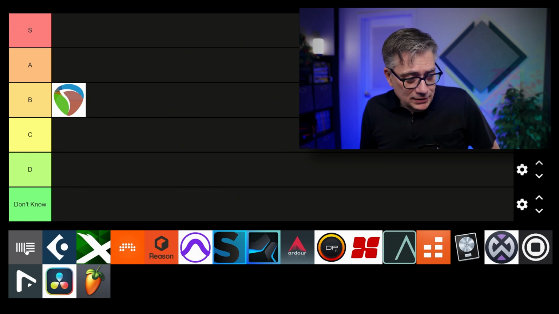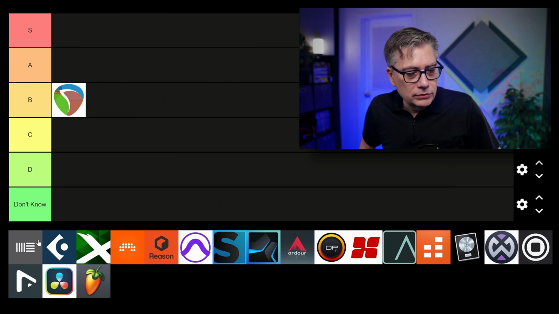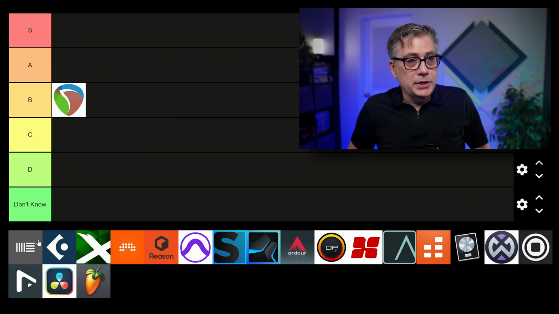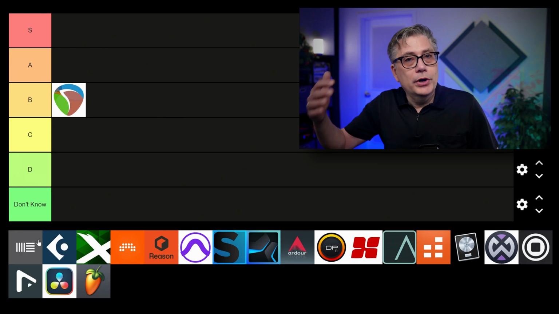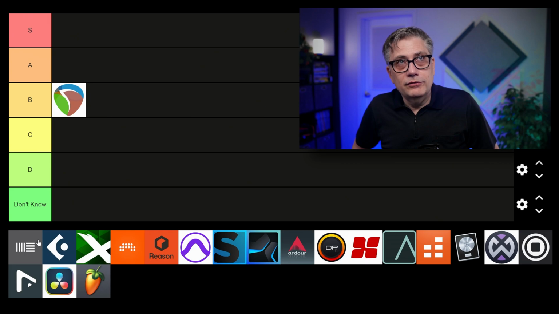So the next one is Ableton, and Ableton is a strictly stereo DAW. So we have certain limitations already. We cannot work with Atmos beds, for example, or we can work with Atmos beds, but it requires a little bit of a workaround. Now, the nice thing about Ableton is that it is one of those few DAWs where Dolby actually has specific instructions on how to work with Ableton and the Dolby Atmos renderer. And it also works reasonably well with the Dolby Atmos Composer, even though it has the same issues that Reaper has in the sense that we don't have post-fader inserts, so we're running into the same problems.